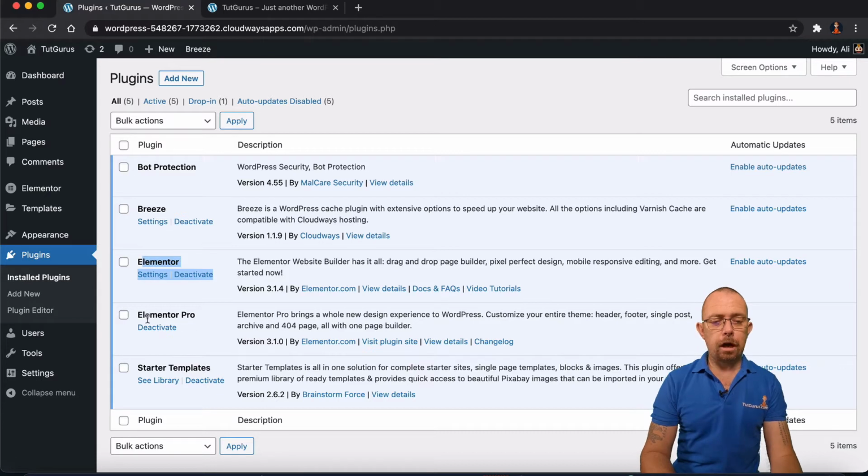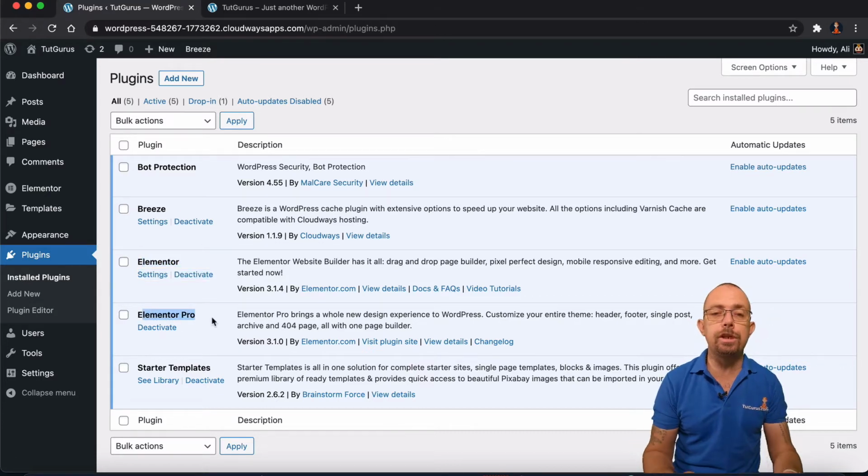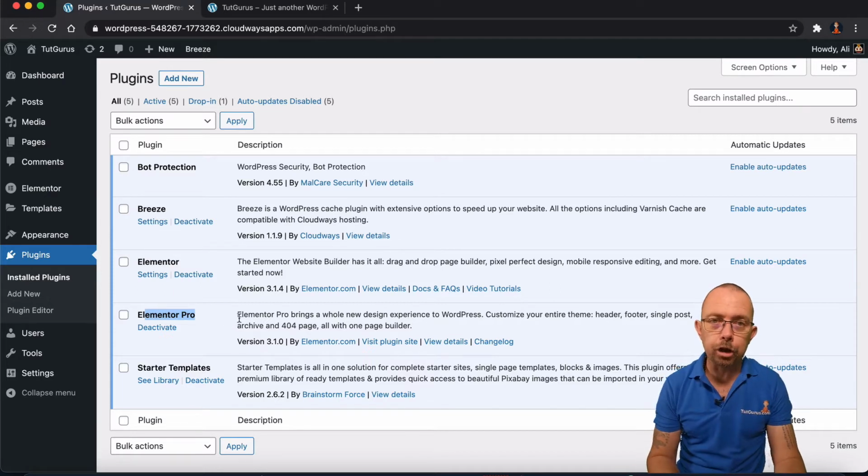Now, you'll notice that I've got Elementor Pro here. I've done a little bit of cheating here, but we're not actually going to use it in these tutorials. But what I wanted Elementor Pro for is so I could have some dummy websites, things like that, so I can help explain how to use these things.